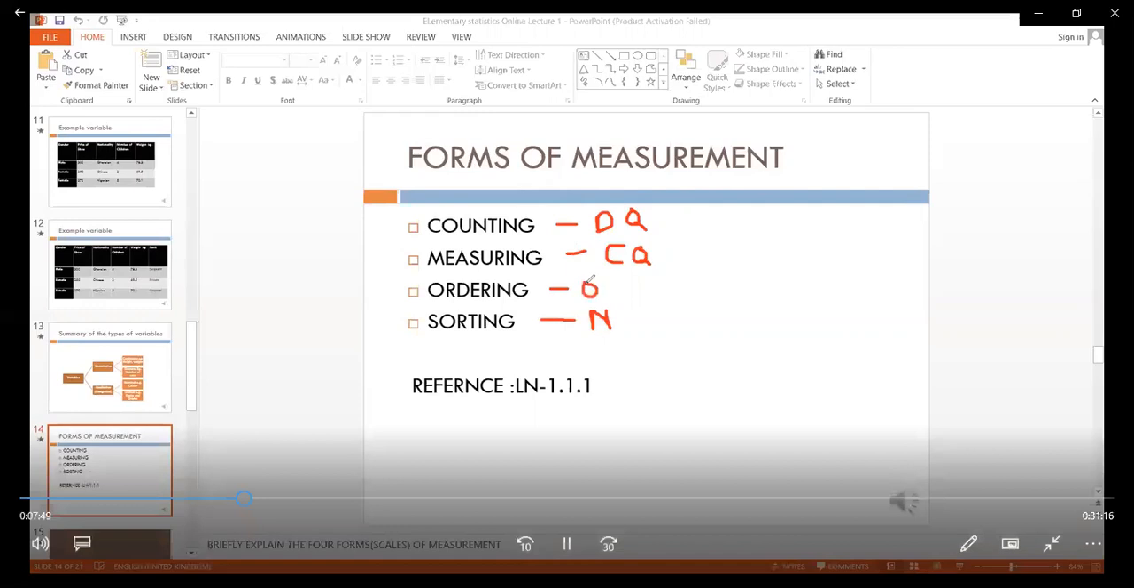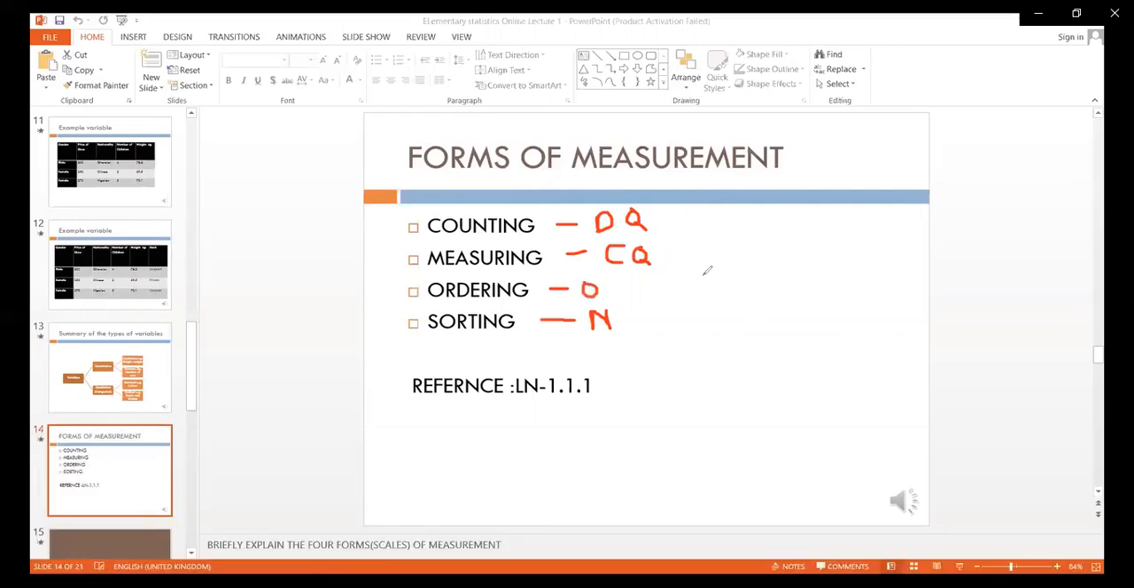Then don't also forget the coding. So coding you always take from the least to the highest. So in terms of the nominal where there is no order, if you have gender, and we have male and female. Okay, let me better still go back to the